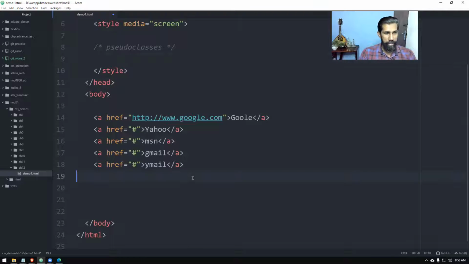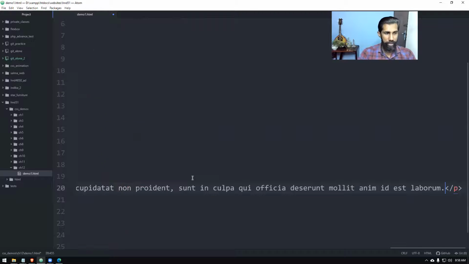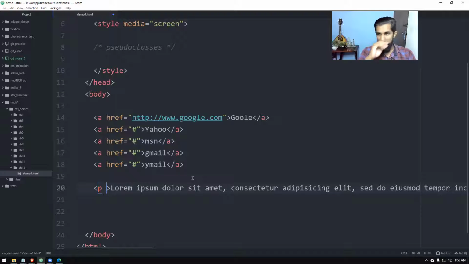Pseudo classes in the sense, for example, if you have a paragraph with text, no worries. Usually if you want to refer to a paragraph, let's say I have two paragraphs here.